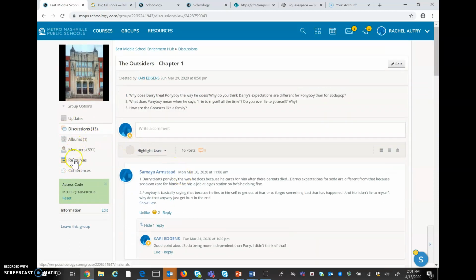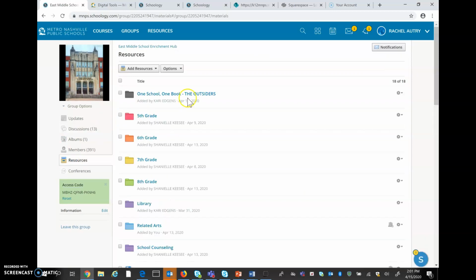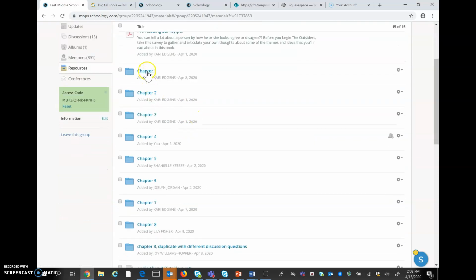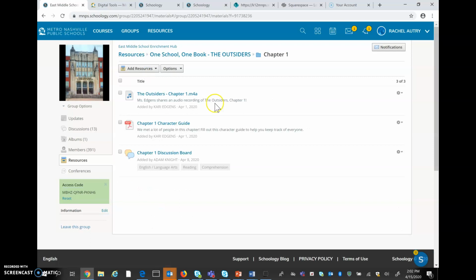If you go to the resources, this is where you are going to find things that are broken down into different folders. So if you want to download the PDF, it's within that folder there. And then we've got the chapters, the audio version of each chapter. So you can link the discussion board that way, and you can also listen to the book through that folder.